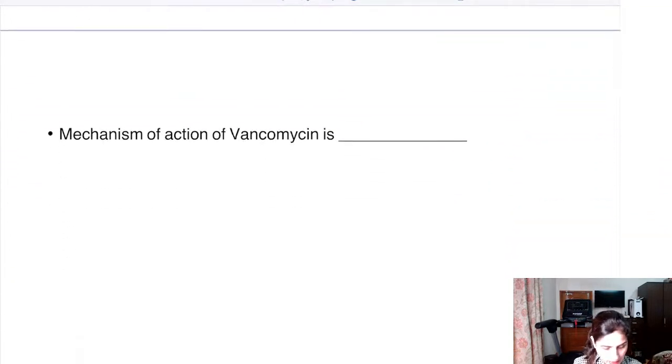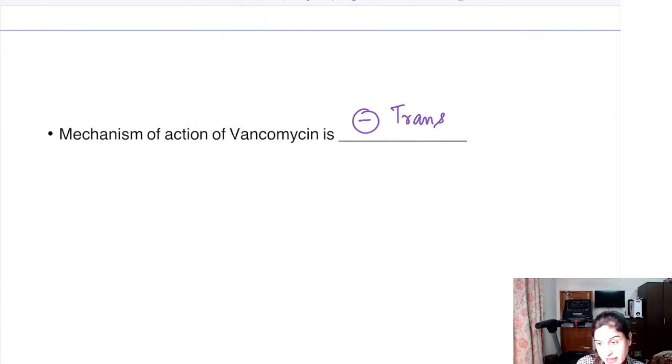Next, coming to the next question. Mechanism of action of vancomycin is. I have not given options, it is a fill in the blank. What does it do? Or let's say, which enzyme will it inhibit? Which enzyme will vancomycin inhibit? It inhibits an enzyme which is,